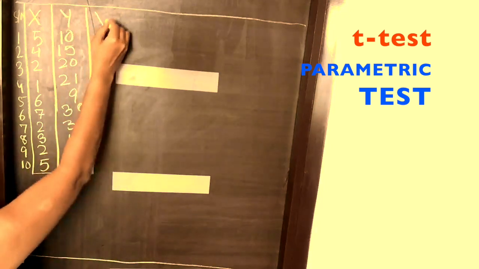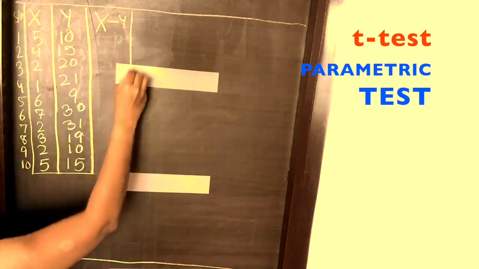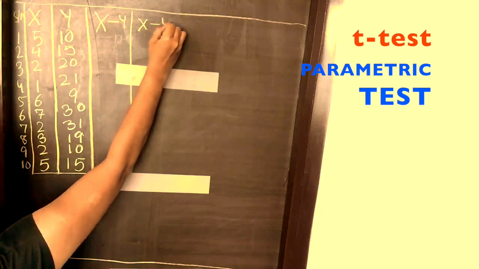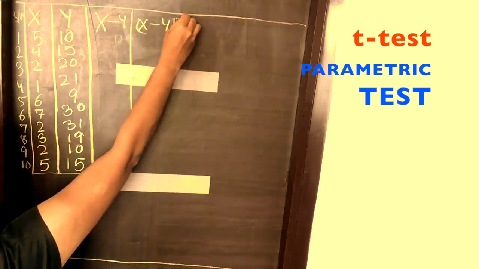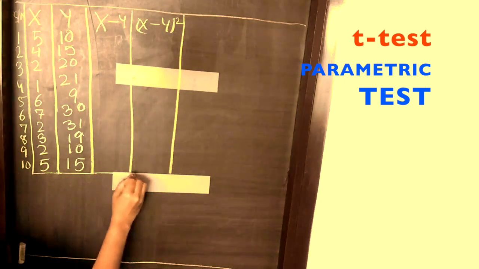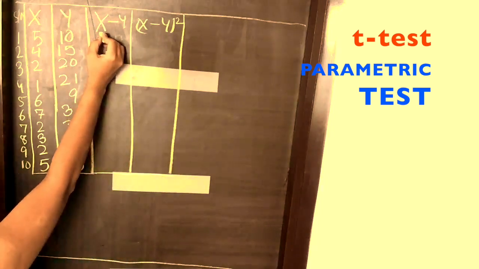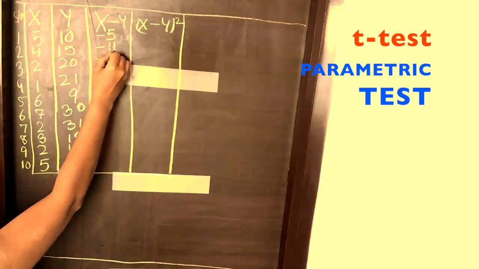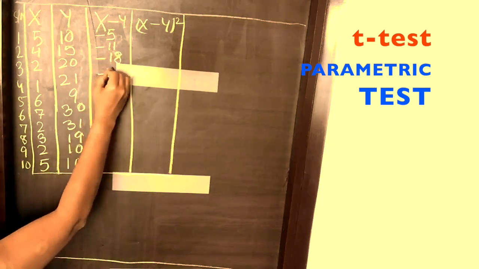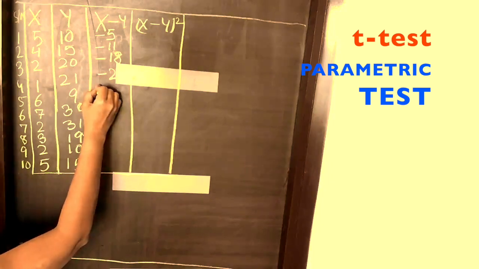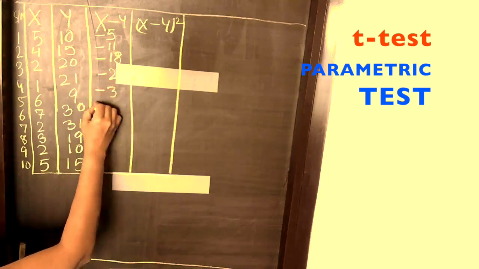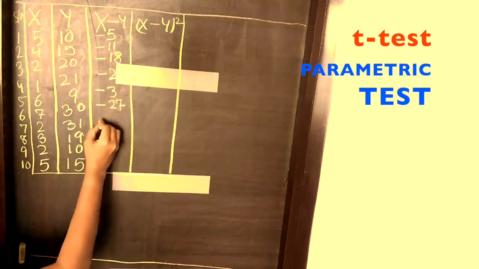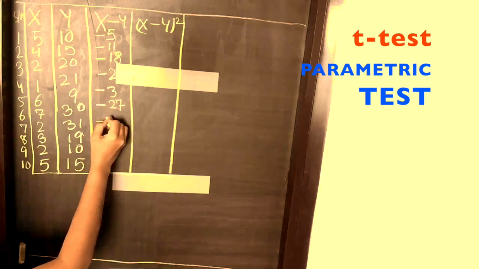Okay, so after listing down x and y variable, we'll make two more columns where we'll find the difference of the two variables and the square root of that difference. So we'll do a quick calculation of that. So like for example, 5 minus 10 will be minus 5, right? Similarly 4 minus 15 will be minus 11 and so on. So we'll quickly do the calculation for each differences of x and y separately.